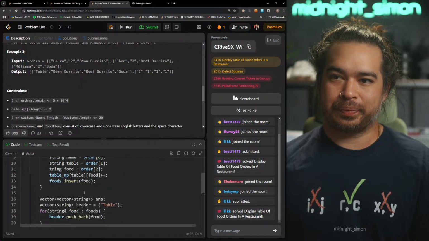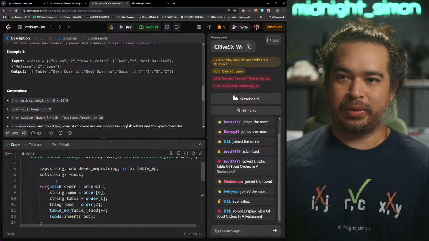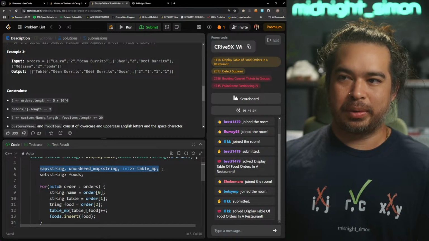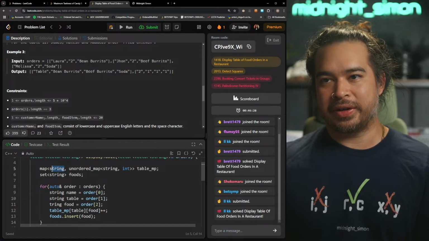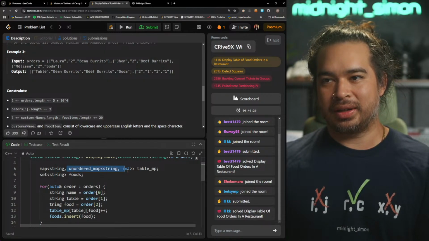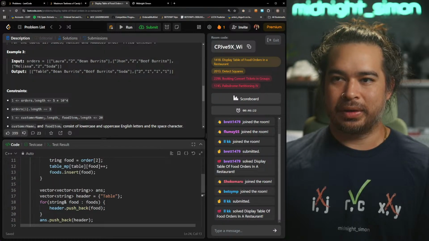So now I'm going to iterate through all the table map thing, and then these should already be sorted by the smallest table number coming first, and then I can extract the other information out. So here we go.